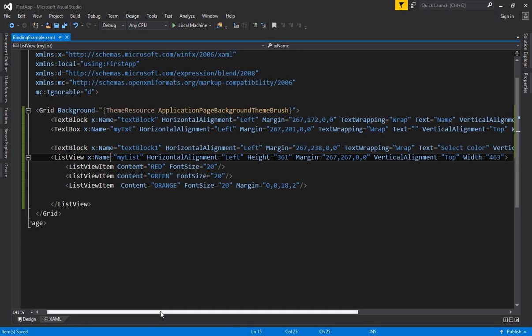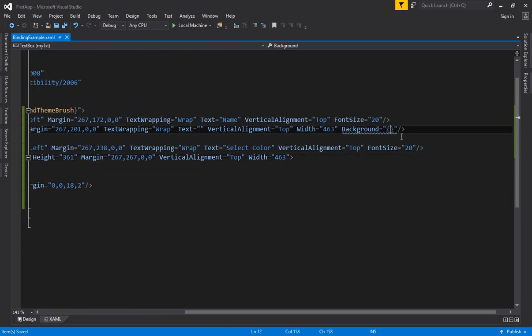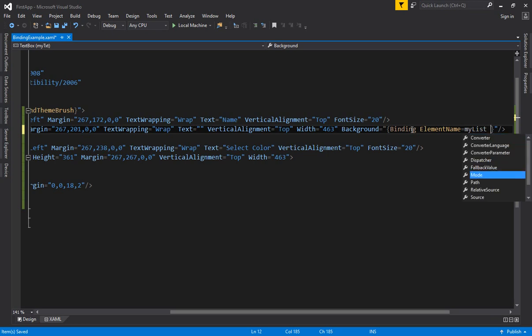So sorry for that. Now go here and write binding, because you are going to bind. And bind what? You are binding some particular element. So ElementName equals to, look, all your elements are appearing here. That's why I have given the name. So my list I have applied, and then what is the other thing? The mode of the binding. So binding mode should be